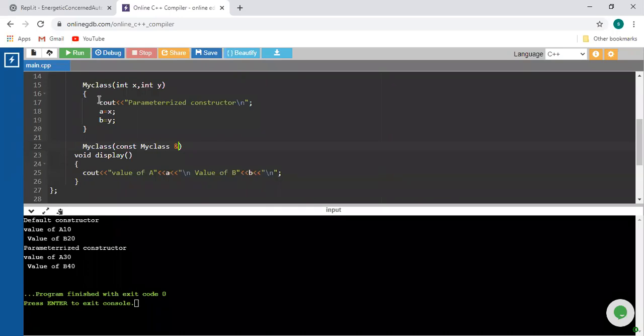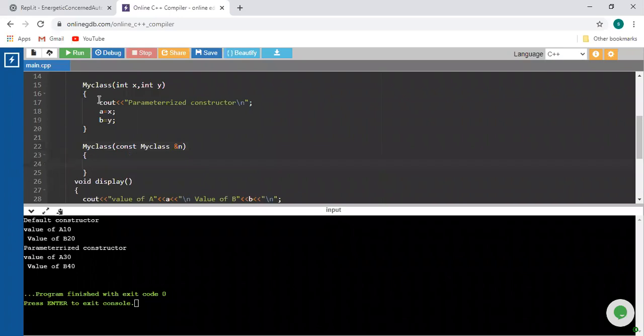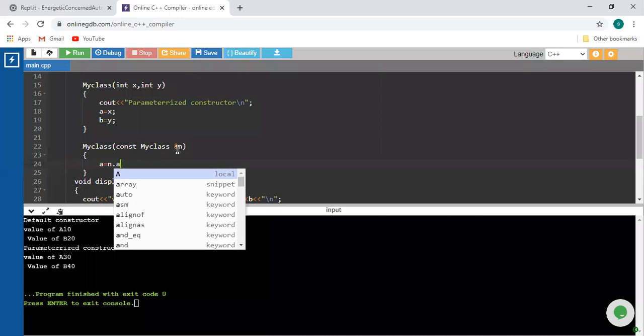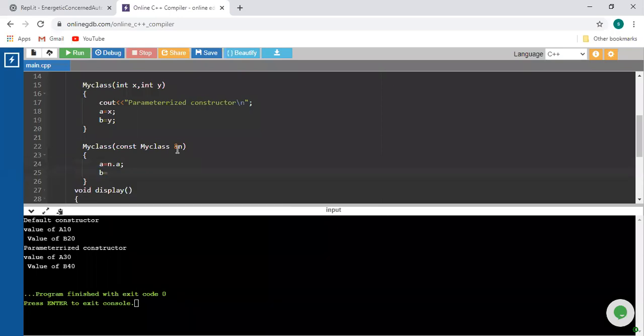Just assume that m or n is nothing but a different object. And then how are you going to initialize both the variables? How are you going to initialize a and b? a is equal to n dot a, because a is the variable which is already created by your m1 object, so that's why n dot a. Second one, b is equal to n dot b.